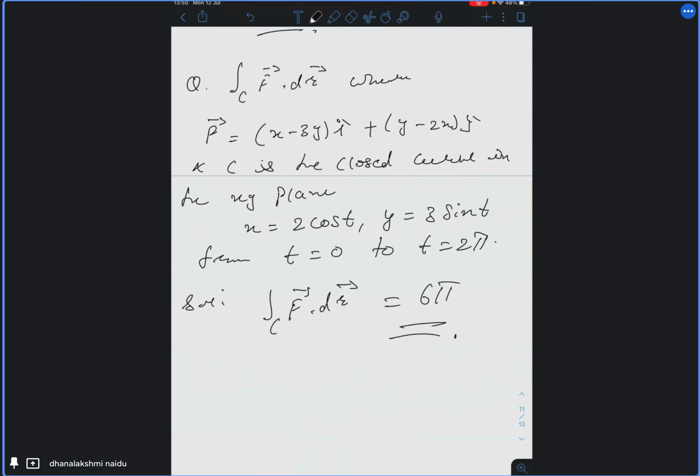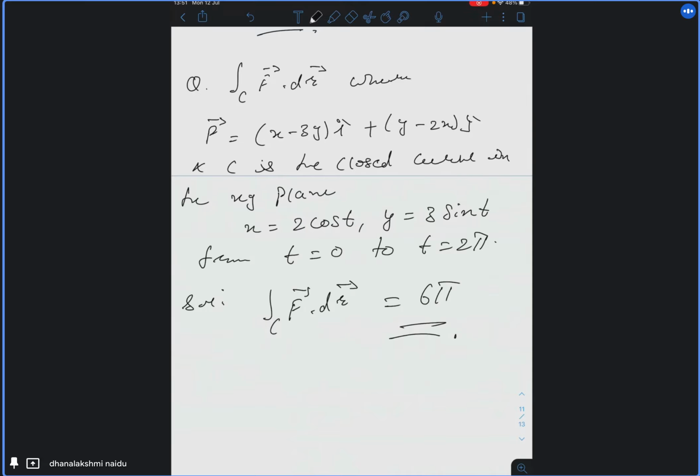Now, sometimes they may ask you to prove that the given vector is conservative. There are two ways you can say. If the line integral is independent of the path joining the points, then the vector is a conservative field. Or alternatively, a vector field is called conservative if the curl of that vector is 0 bar. So to prove any force field to be conservative, you need to prove curl of F bar is equal to 0 bar.